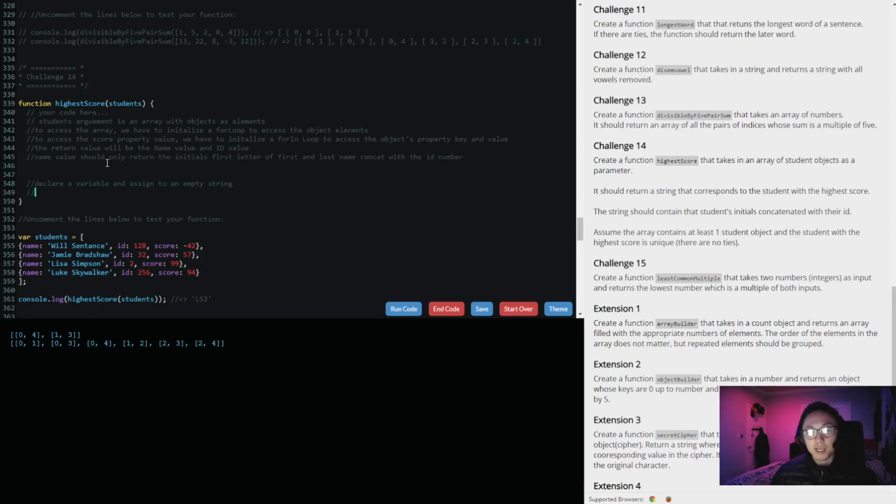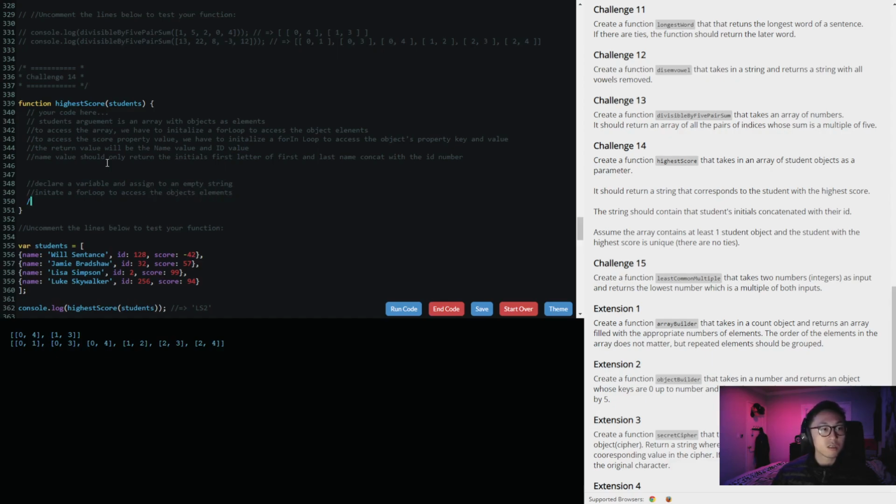Next, I could initiate a for loop, access the object's elements, initiate a for in loop to access the elements, objects, properties. So many punctuations. Just kidding, I wouldn't write it like this, but